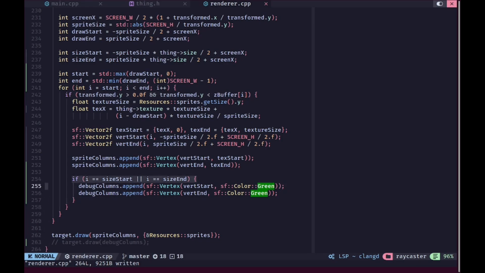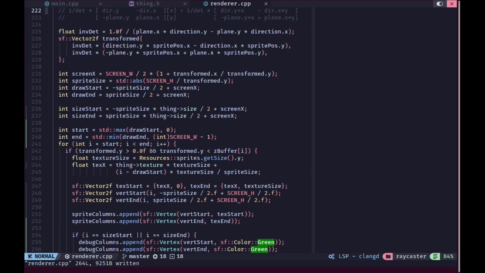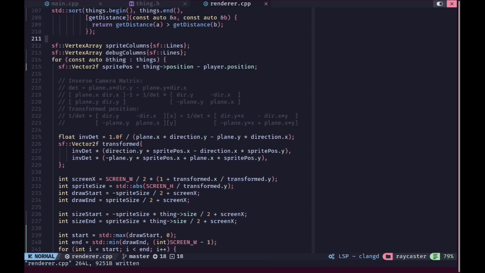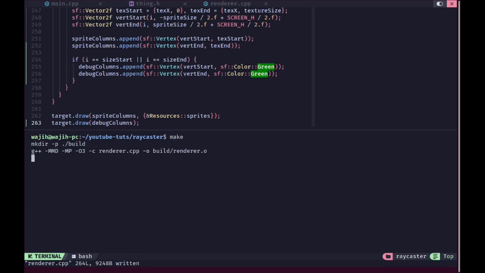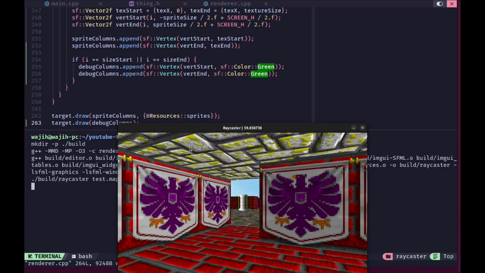So we append that into a separate vertex array. You can see where we have got this vertex array sprite columns, we have also got a debug columns vertex array, and we insert it into that, and in the end we just draw it. I've commented it out because I don't really need to debug the sprites right now, but if I add that back, what you can see is that we